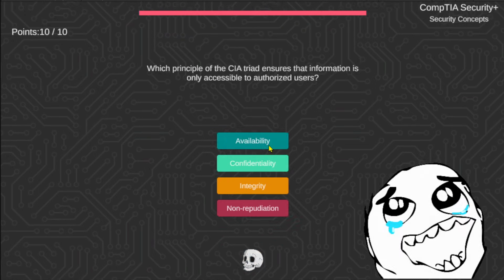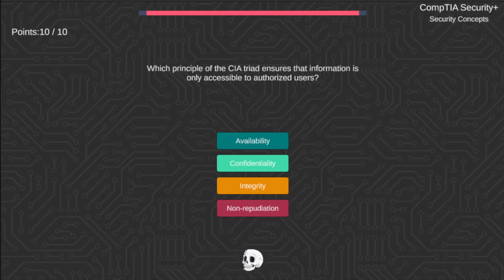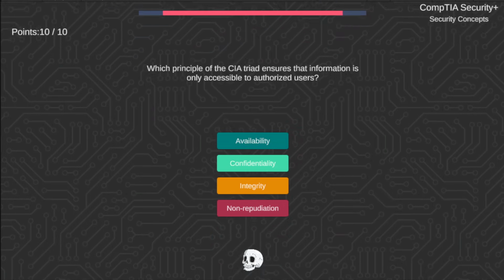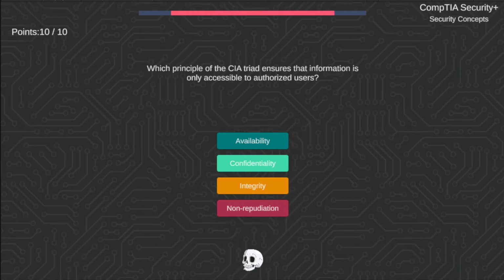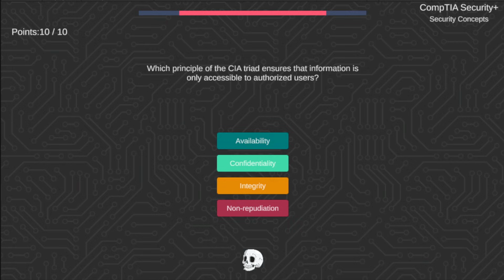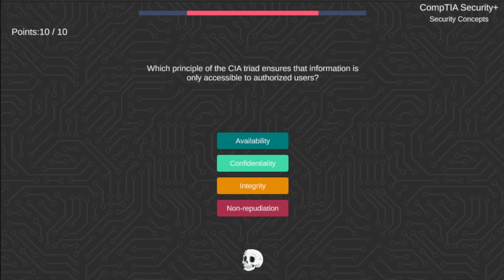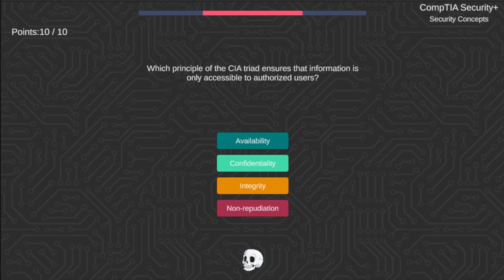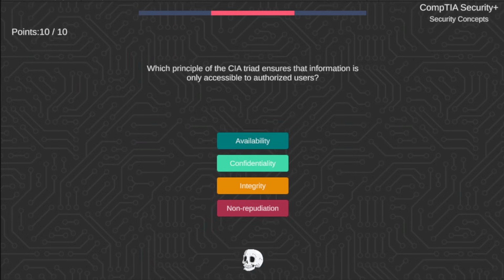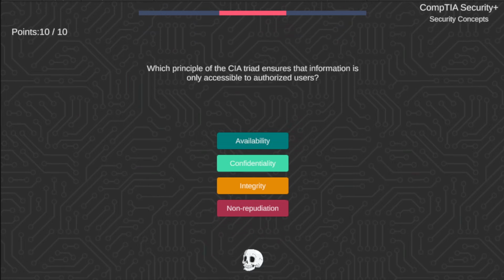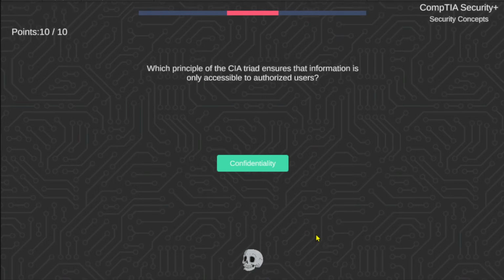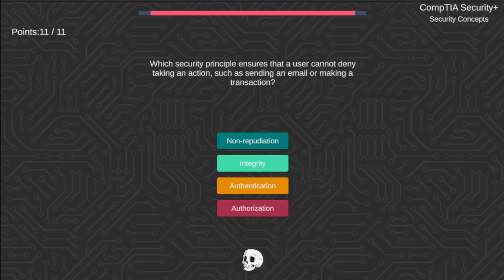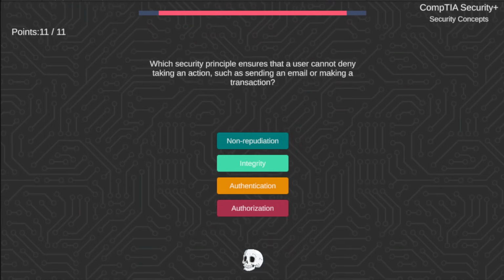Correct answer is directive. Which principle of the CIA triad ensures that information is only accessible to authorized users? Availability, confidentiality, integrity, or non-repudiation? Only accessible to authorized users. Correct answer is confidentiality. Which security principle ensures that a user cannot deny taking an action, such as sending an